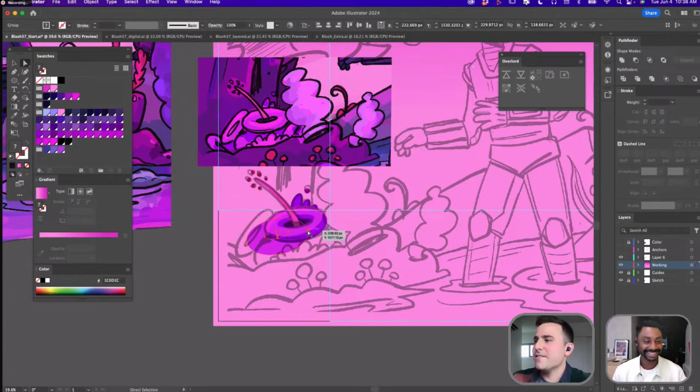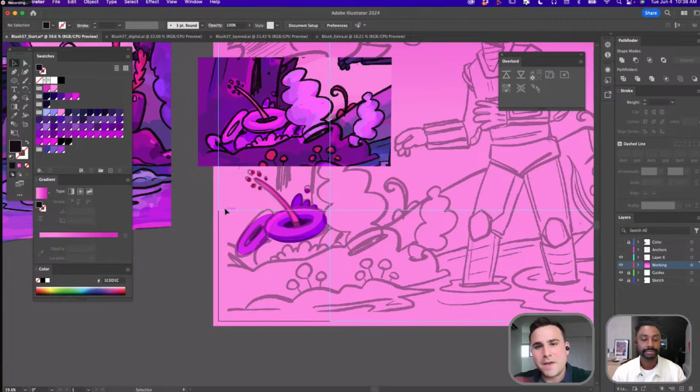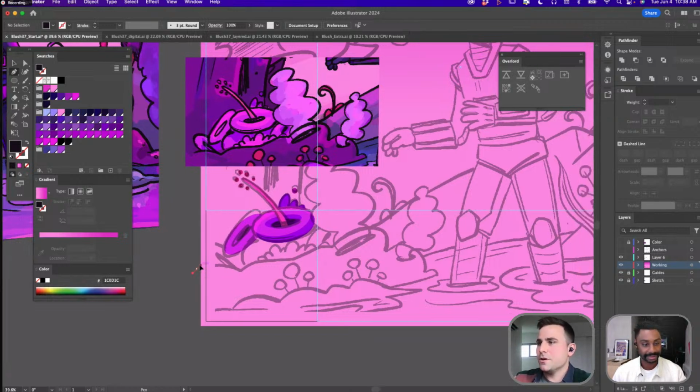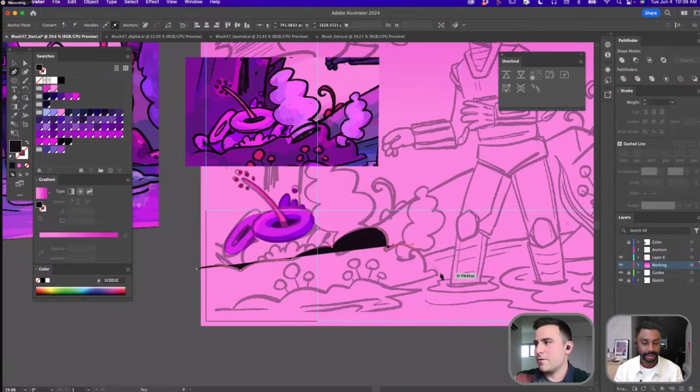Yep. And the other thing that I'm always thinking about whenever I'm illustrating for animation is where am I putting things? How am I grouping them? What's going in front, what's going behind. I actually did some paper cutting illustration back when I was in college, and I think that was a nice prep for vectors because it really shows you the layer system and the hierarchy of things. Whenever we get to step two of this process, it's going to be big to focus on what's on top of what, the overlapping layers, what's going to mask what,